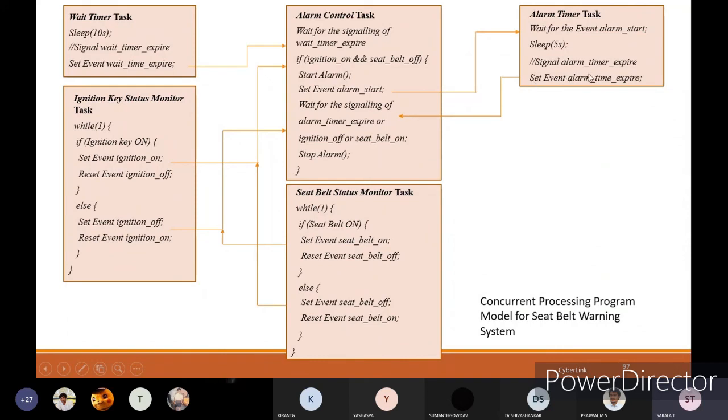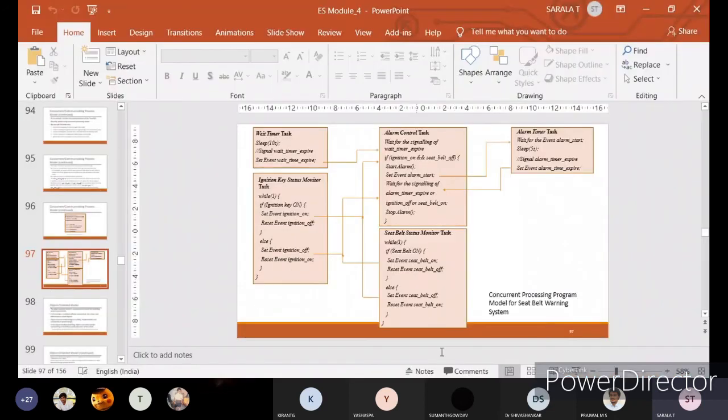After it expires, set the event alarm timer expired. These events, 1, 2, 3, 4 and 5, are running in parallel. That's why you can concurrently process each task in your seat belt verification function. The seat belt warning system can be done in parallel if you divide the events, or even divide the tasks separately.